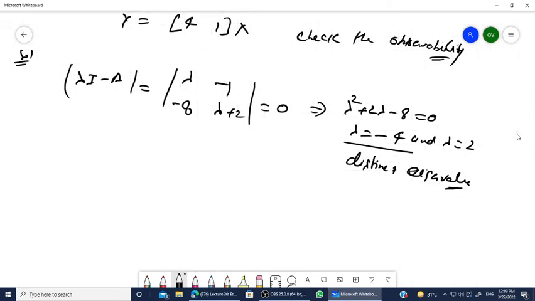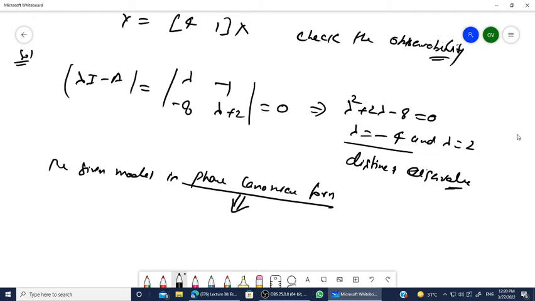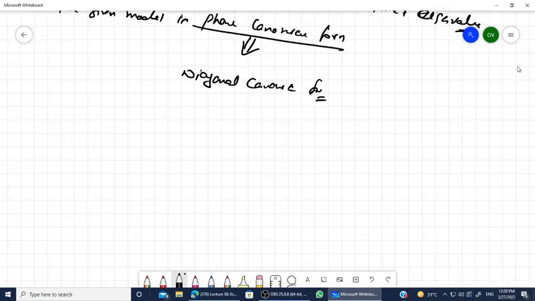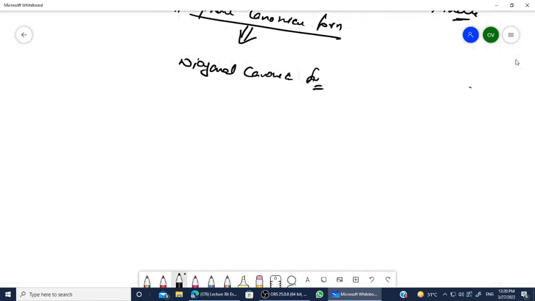And one more thing is there. The given model is in the form of phase canonical form, right? So first of all, you have to convert it into the diagonal canonical form, right? And how will it be converted? So you have to find the P vector. And what is the P vector? P vector is nothing but the eigenvector, right? So eigenvector